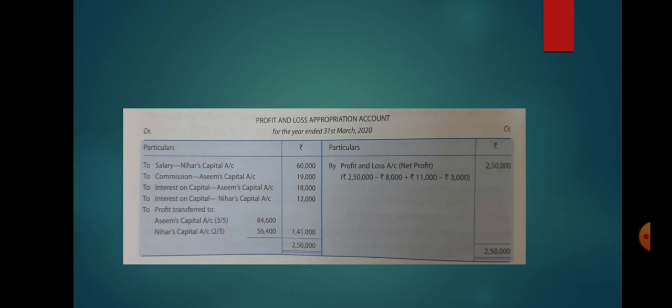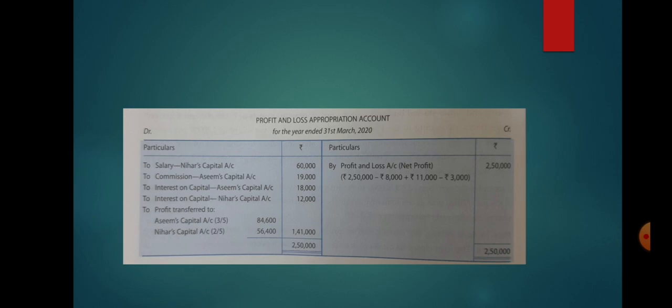Nihar is given a loan, that is, the firm had given Nihar a loan of rupees 2 lakh, on which the firm will get interest of 11,000 rupees. So that would be added into the firm's profit. Now the amount of 3,000 is deducted, that is the manager is to be allowed a commission of rupees 3,000. Now the net divisible profit that would remain with the partners, that is